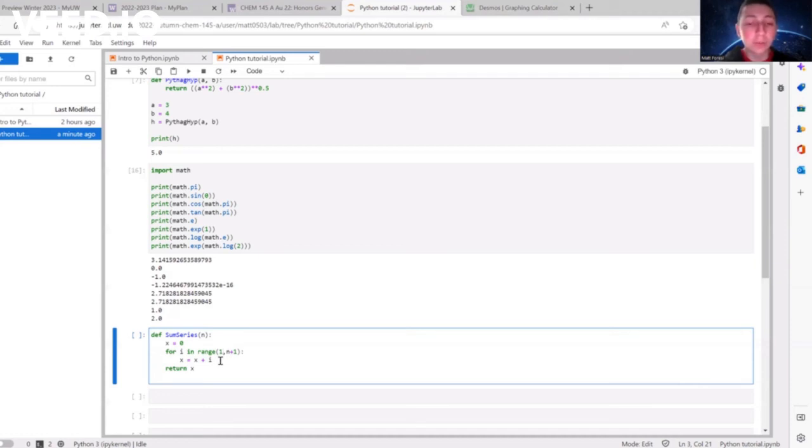So i is 1, 2, 3, 4, 5, etc., until we reach this value. As soon as i hits this value, the loop stops running. So actually, if we want it to run until n, we need to put n plus 1, because this is the value at which the loop stops. So it's going to run n times, and here we're making n a variable because we want to vary the number of times that the loop runs.